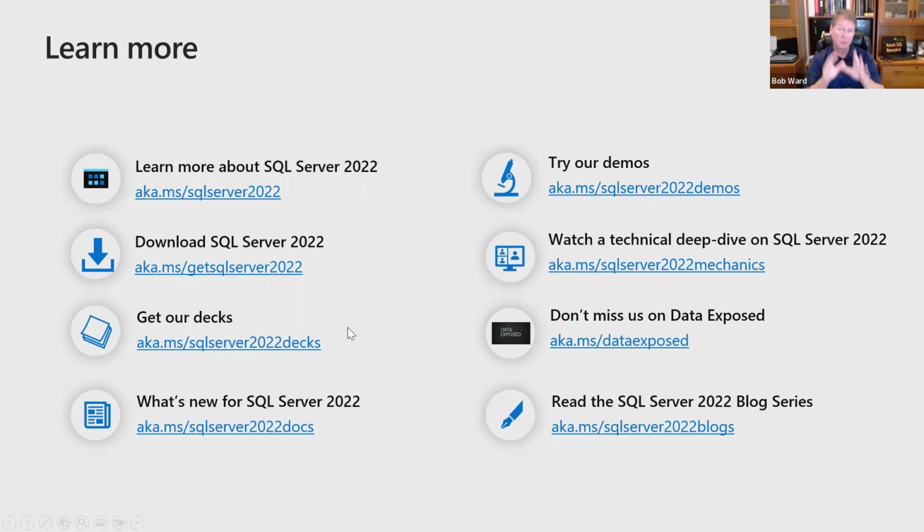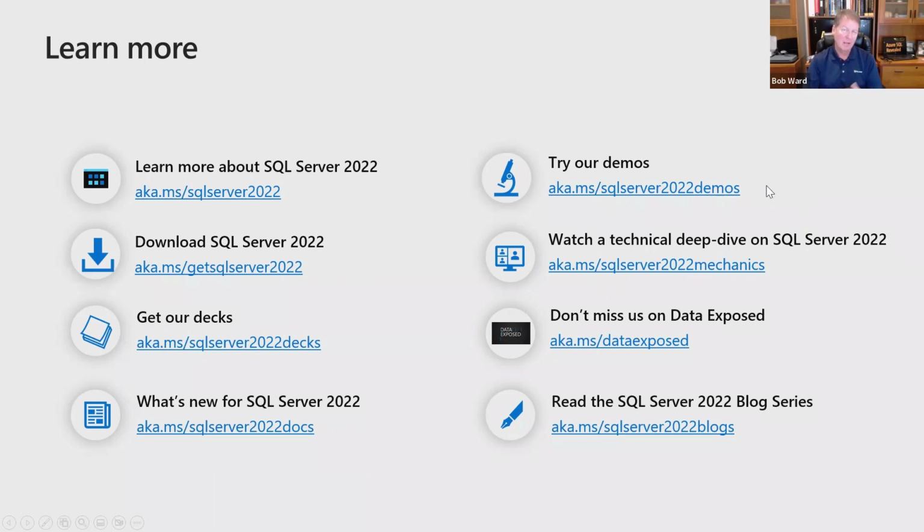And as we move towards general availability, we're going to take some of our public decks and keep them right there for you. We're open source presenters. So if you've got a public deck out there, you can use it yourself to present to your Saturday group or your user group. And then this is a great resource right here. This is where you go to get the latest on the docs. Mike Ray and the doc team have worked tirelessly to make sure that we're up to date on what's all new in the product.